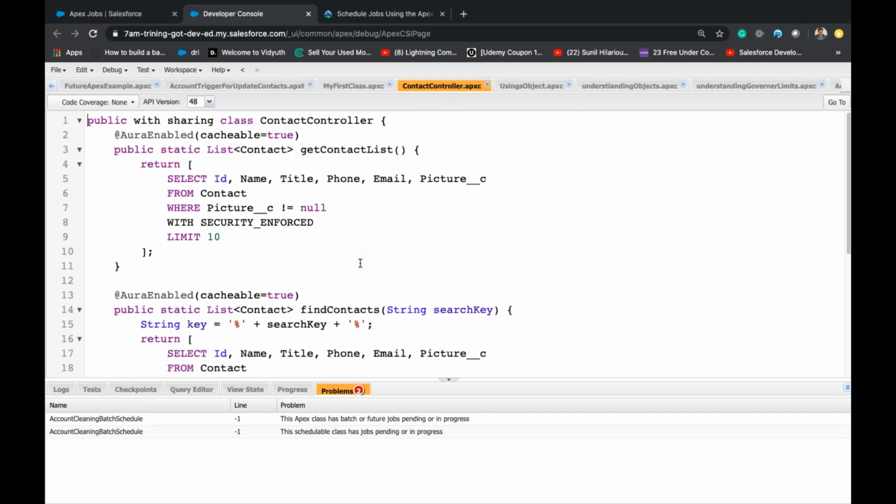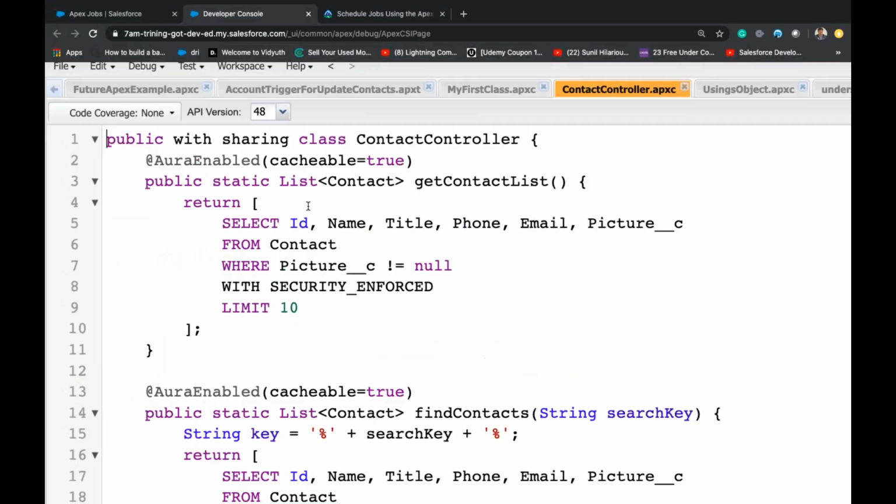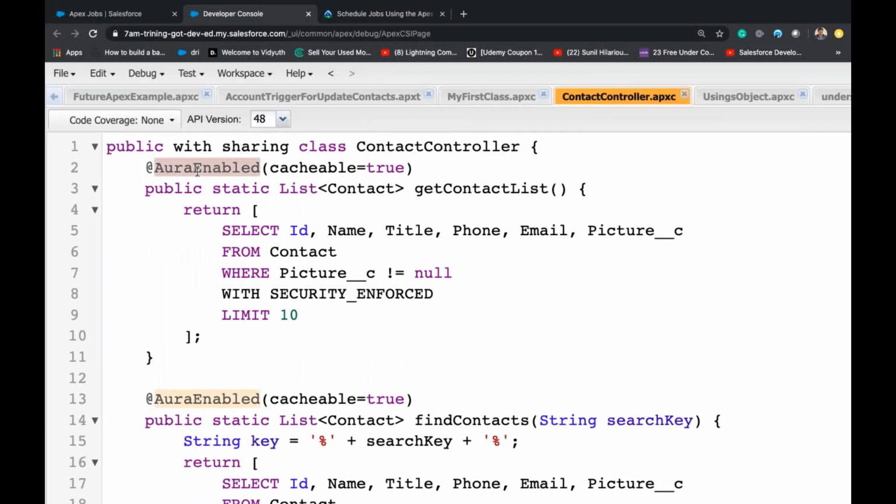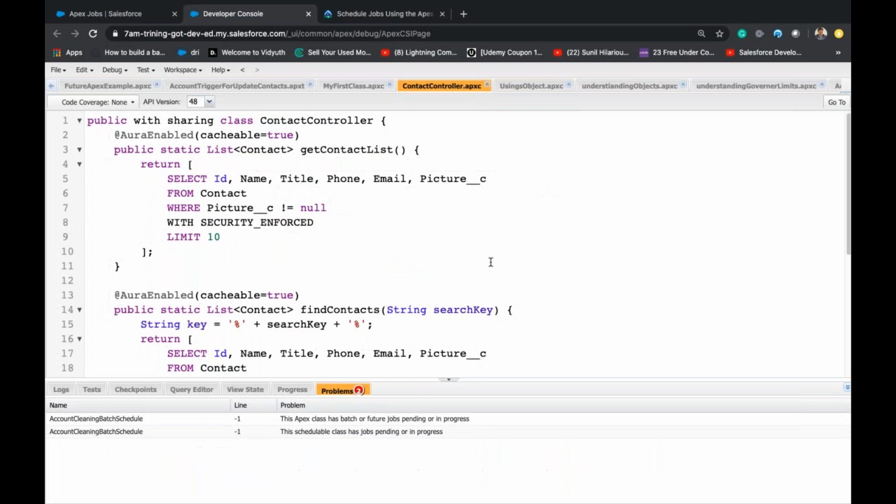This contact controller is used for Lightning components or LWC, Lightning Web Components development. This AuraEnabled will make this available to refer to in the Lightning components. We'll discuss this later.